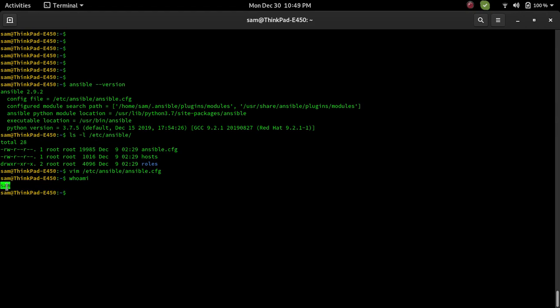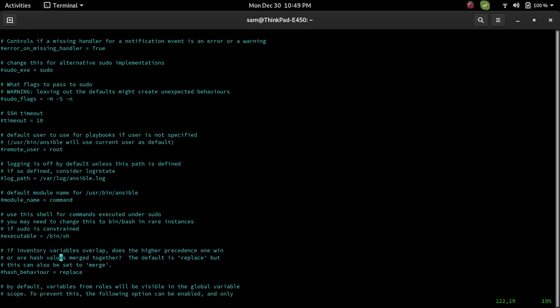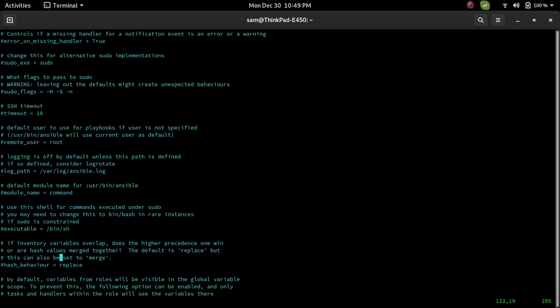So if you have not specified any user in your ansible.cfg, Ansible will use the same user account to connect with your remote host. So you have to write your username here as per your remote server configuration. So you can edit this particular configuration file